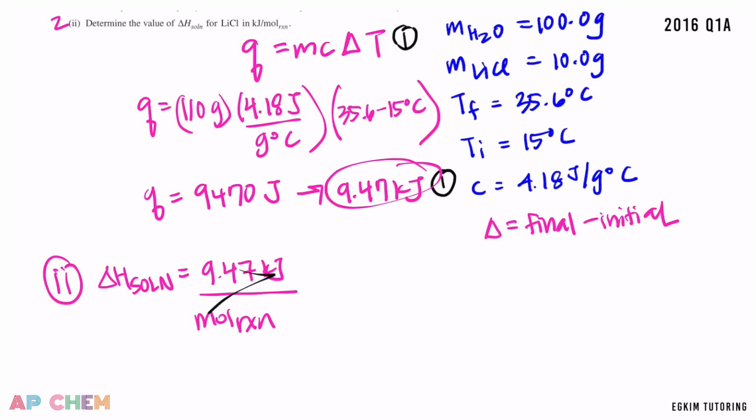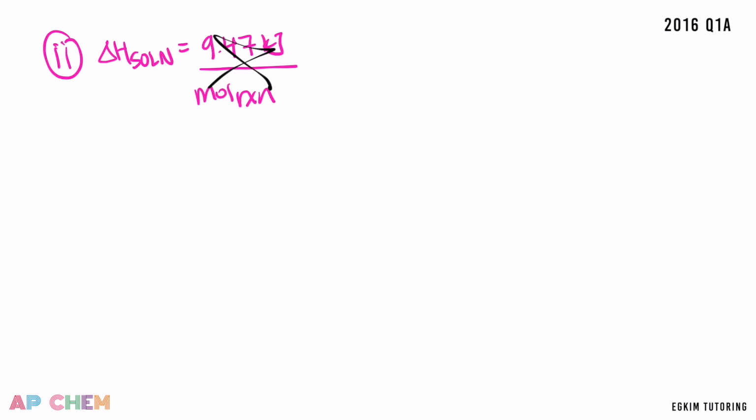This is wrong. Remember that they actually gave you a value of a solute. They gave you 10 grams of lithium chloride, so you need to find the moles of lithium chloride that you actually dissolved. I'm going to assume that everybody knows how to do mole conversion. So basically you have 10.0 grams of lithium chloride solid, and you just have to multiply it by its molar mass. So basically 1 mole of lithium chloride over